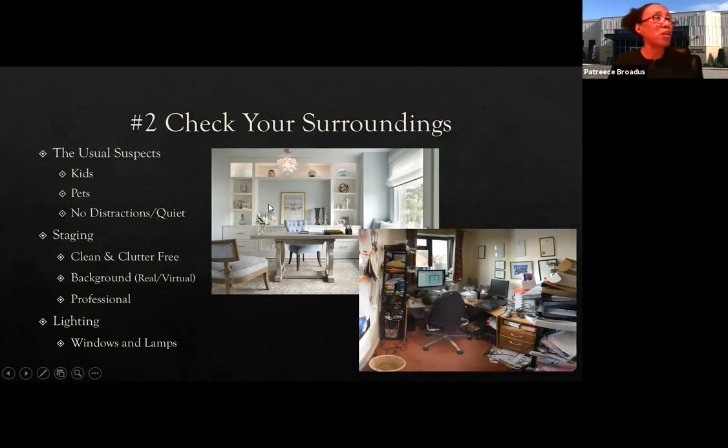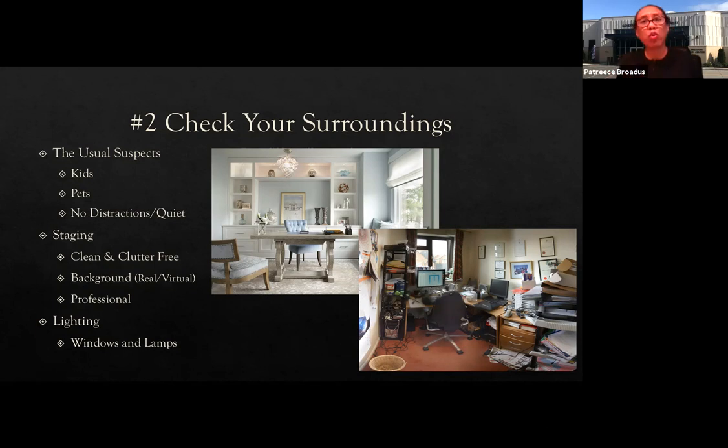Regardless of whether you have a real background or a virtual background, make certain that it's looking professional, because you're participating in an interview. You want to give that air of professionalism, because we're talking about perceptions as well.